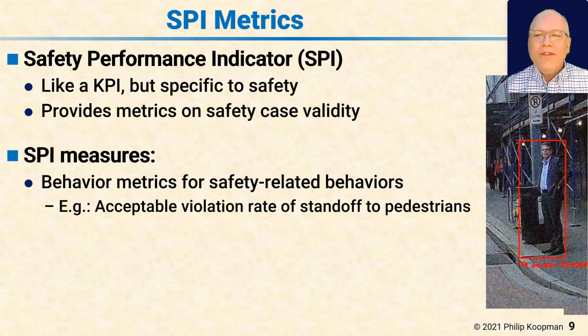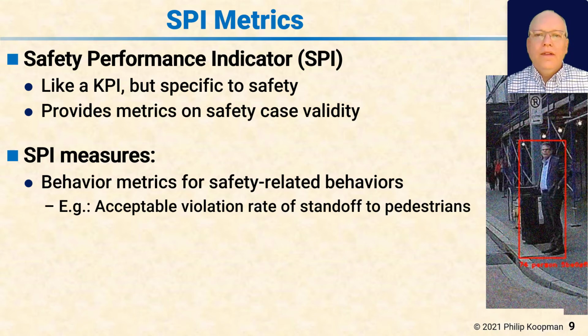As an example, if you have a pedestrian who's about to step on a road, you have to have some sort of safety metric that says how close you're allowed to pass to a pedestrian, and it's going to be context dependent, probably based on the area, the local customs, the speed of the vehicle, and so on. But at some point, there's such a thing as too close, and if you're too close, it's unsafe. So the SPI would say, for example, how often do you encroach upon a pedestrian closer than you really should